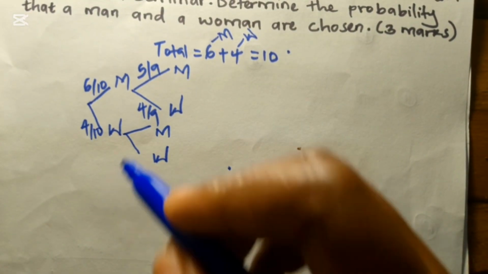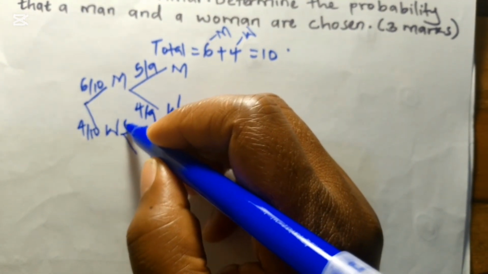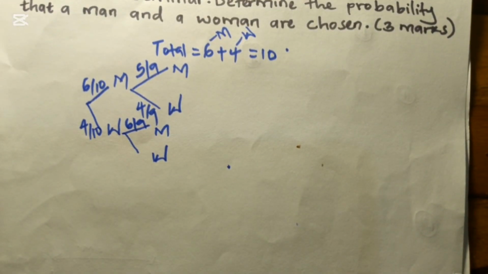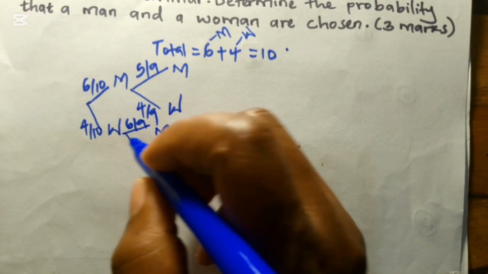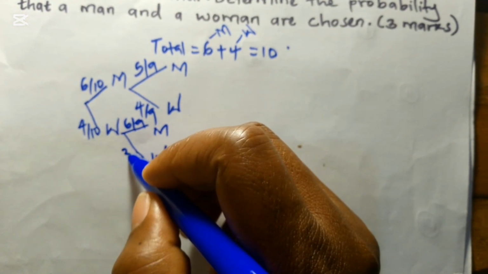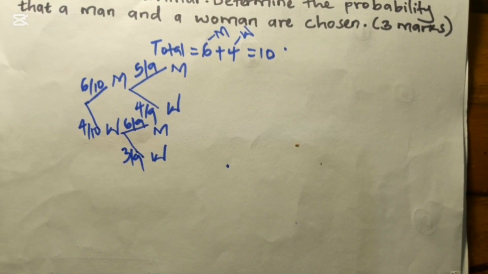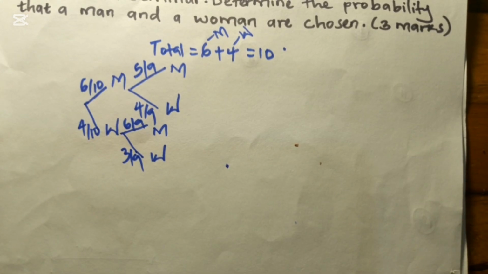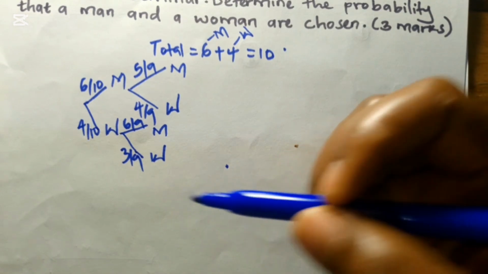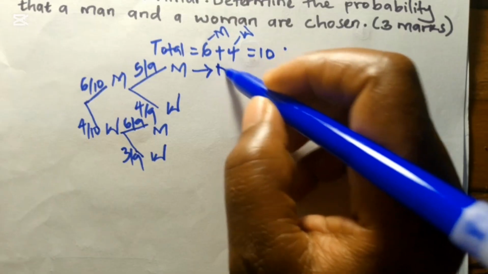In this case, no man has been picked, so the men remain 6 out of 9. And then a woman has been picked, because this is a woman, then this is a woman. So we'll have 3 out of 9. Confirm whether adding the two probabilities will give you 1. Yes, that is 9 over 9, which is 1. So the outcomes are picking a man and a man,